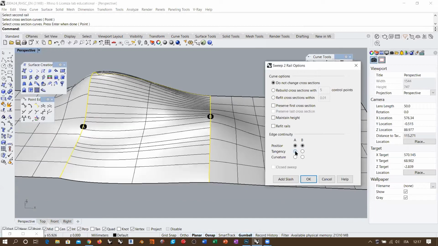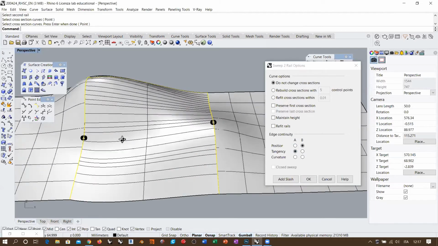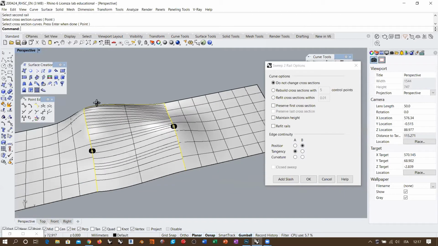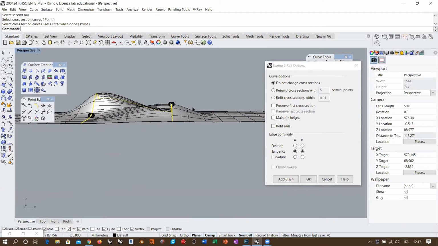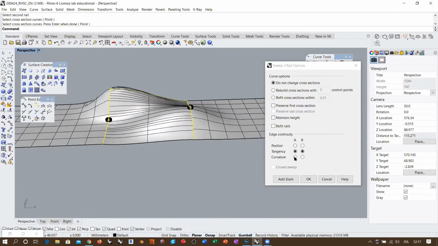If I set this to tangency position, then along A, I have tangency, but along B, I still have creases. If I set tangency, tangency, I start to have tangency continuity along both rails. But if I switch to curvature in A,